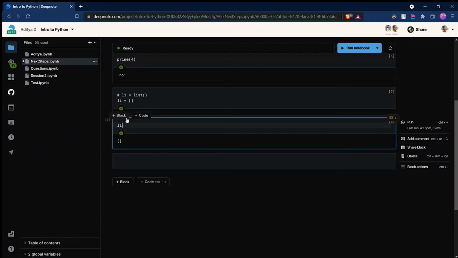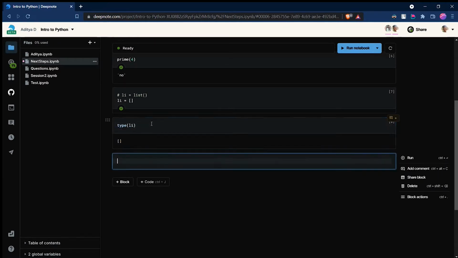If you want to check what data type it is in Python, you can just put type. It's a list. Now say I want to add some elements, I can say li dot append 5.